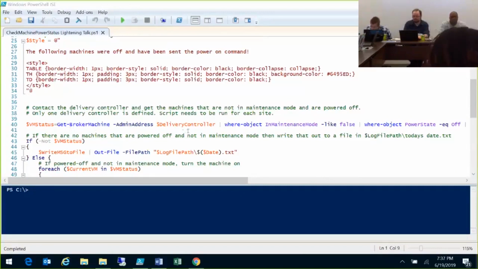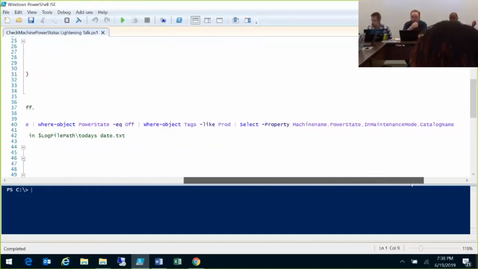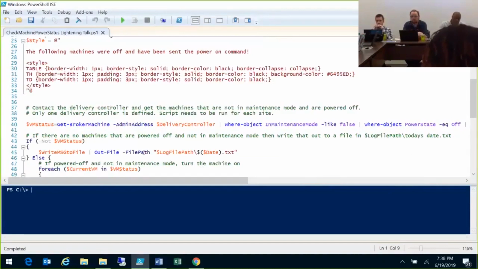Essentially, maintenance mode is just saying that if it's in maintenance mode, it's not accessible to the end users, but it's accessible to admins. So if the machine is not in maintenance mode and the power state is off, and it's tagged as a production machine, go ahead. I'm selecting a few other things here because these are the things that I'm going to get in the email. But if the machine fits those conditions,